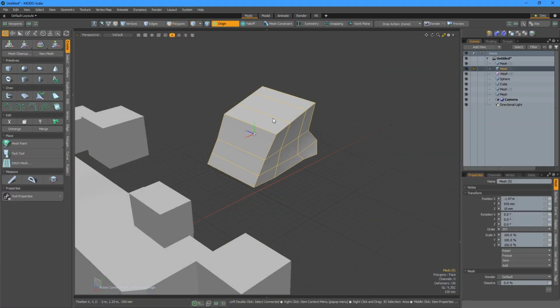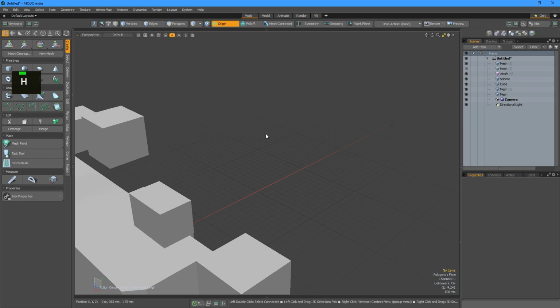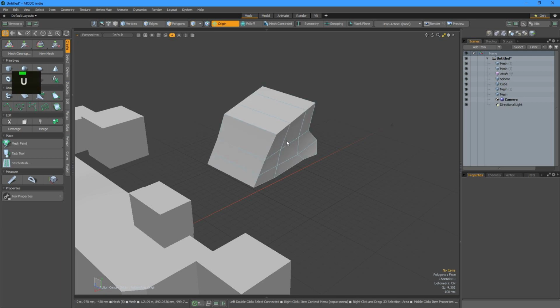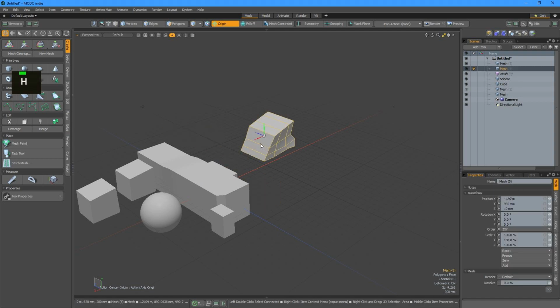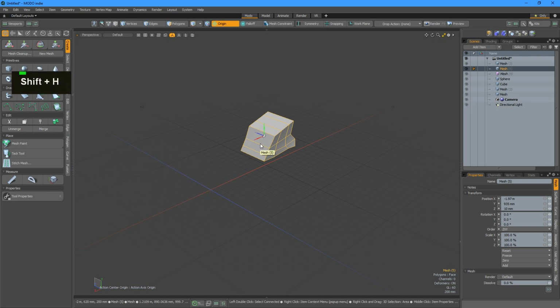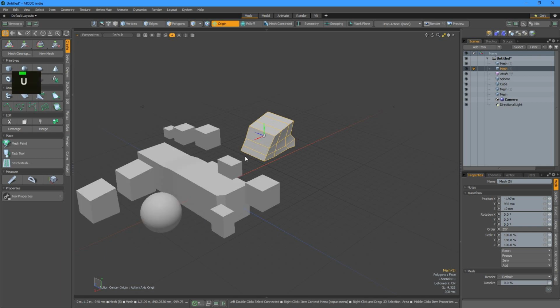Modo also has some unfortunate key bindings when it comes to hiding and unhiding. We can hide objects with H, but to unhide we need to press U. But to hide everything else but the selected, it's Shift H. So that works similarly to Blender. But we can